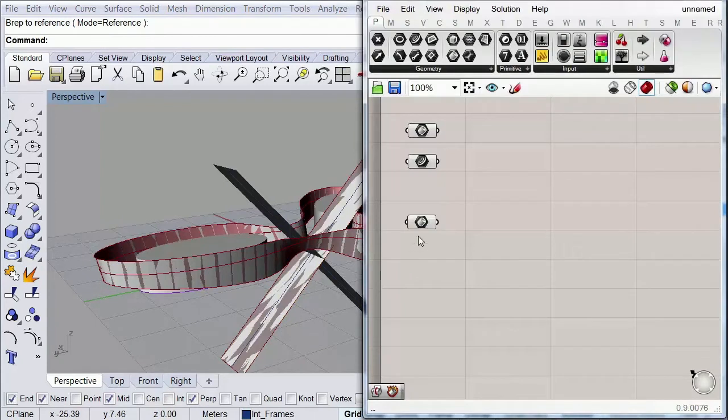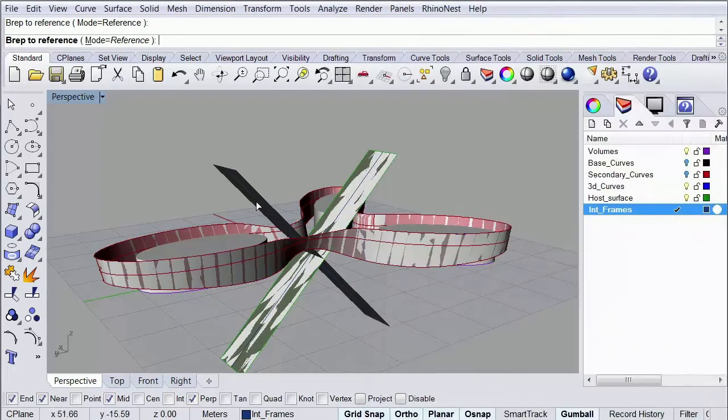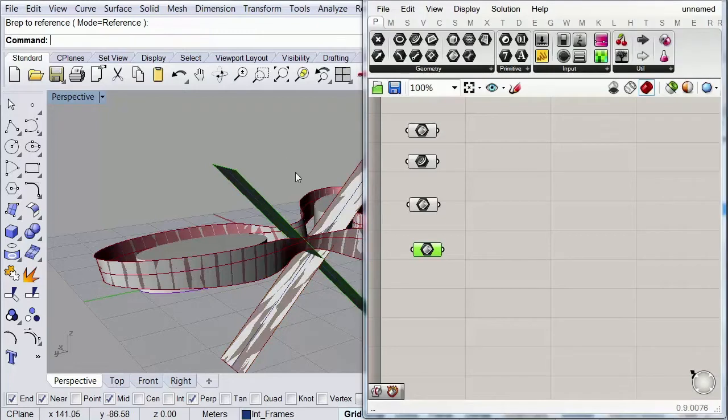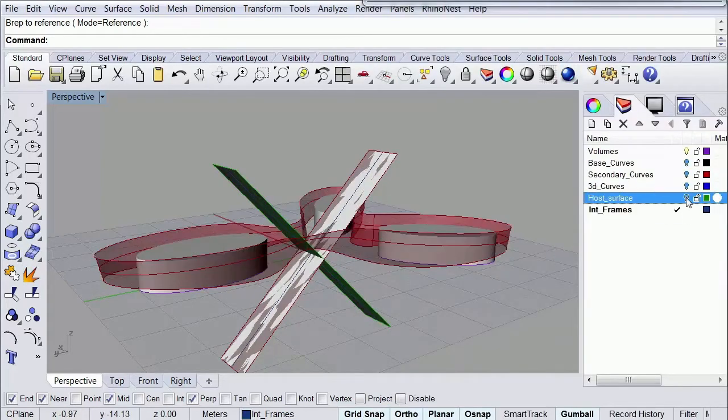I'm going to select the first one and I'm going to go ahead and do the same for the other one. So I'm going to copy this one, right click, set one Brep and select the other one. Okay, so once we have done this, I can go ahead and hide all these geometries so we can work better.